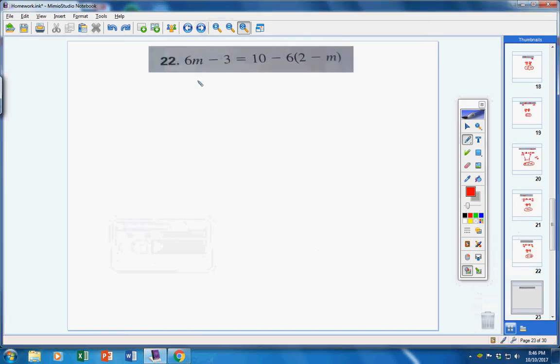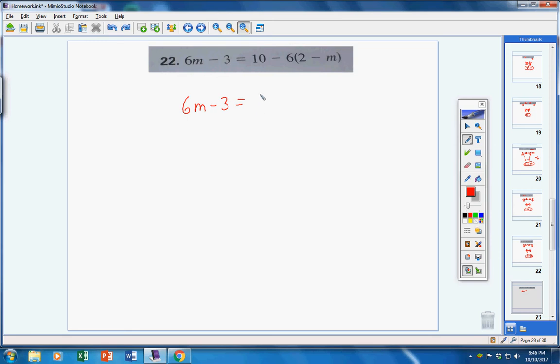Moving on to number 22. First, simplify both sides. This side over here cannot be simplified. I have an m term and a constant term. They are unlike terms. Over here on the right side,